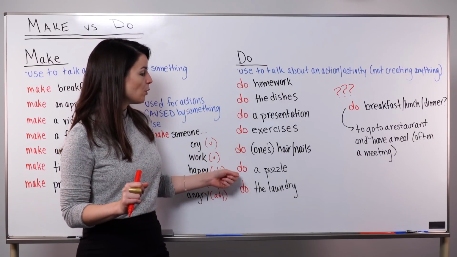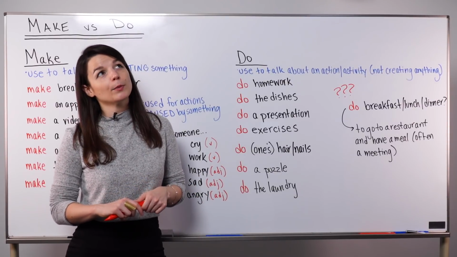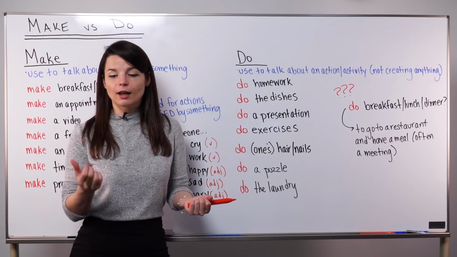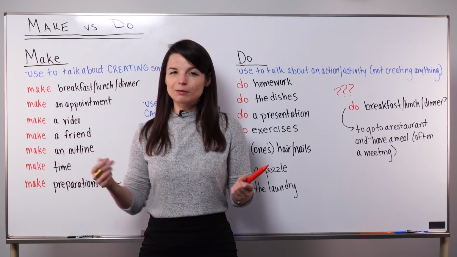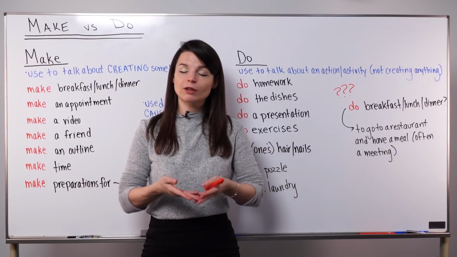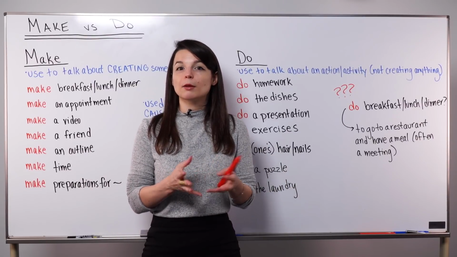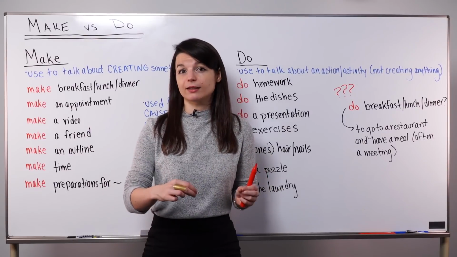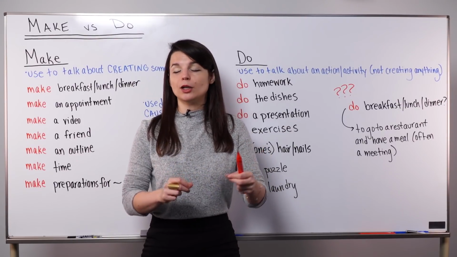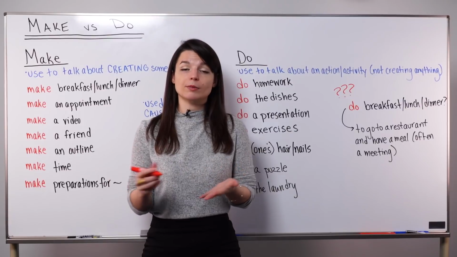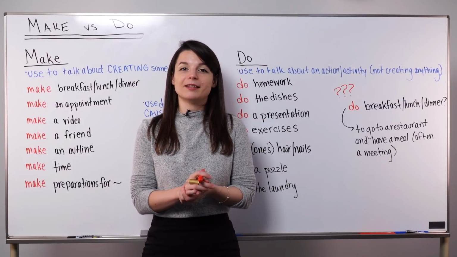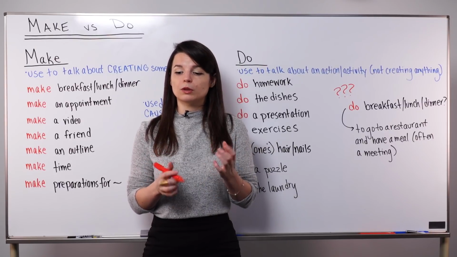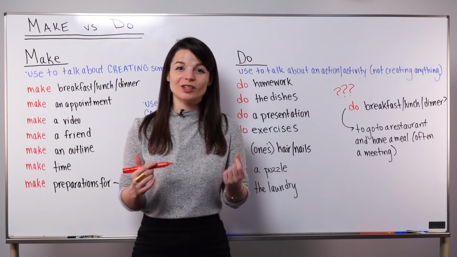Another one is to do a puzzle. So we might see this in games and other kinds of activities related to that. To do a puzzle. You might think that a puzzle would use make, like make a puzzle, because we're creating a picture, kind of. But we use do because the puzzle has already been created. We're just putting the pieces together. So we are doing a puzzle. You can also use this for other word games, like to do a crossword puzzle. That's something else that we use this with, another game. So if you like to do that kind of thing, you can use do to talk about it.